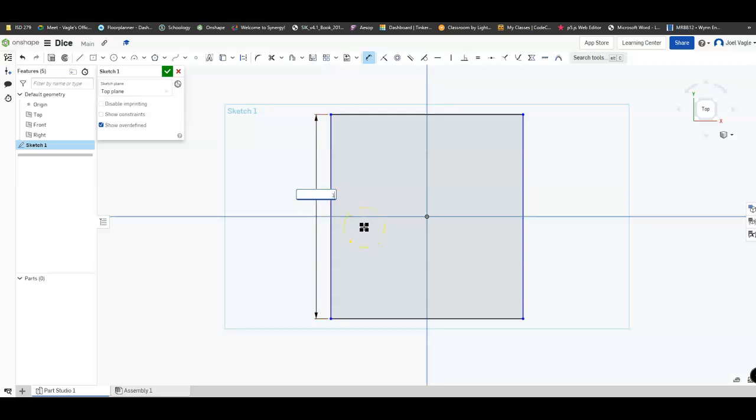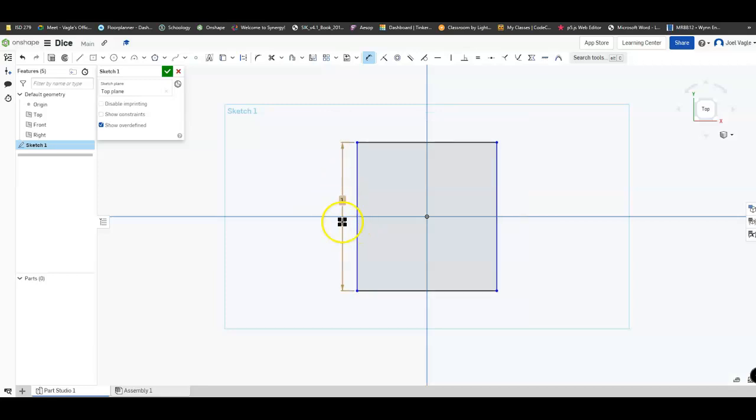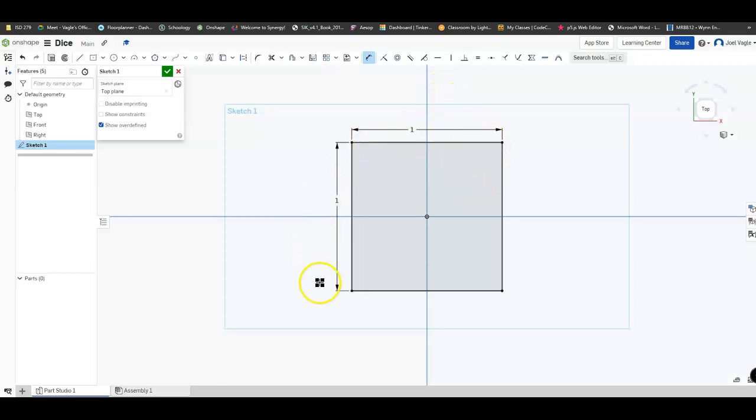So all I'm going to do is type in a 1, and I'm going to hit enter on my keyboard, and it's going to make it 1 inch. And then I'm going to go up top, or the bottom would work too. Mouse over the line, click one time, move it up, click a second time, type in a 1, hit enter, and now I've got a 1 by 1